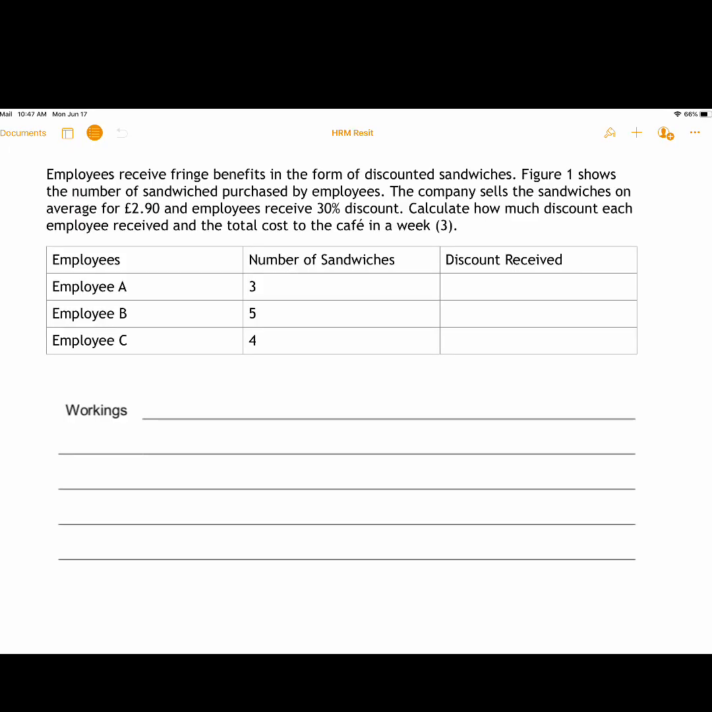The second question is: employees receive fringe benefits in the form of discounted sandwiches. Figure 1 shows the number of sandwiches purchased by employees. The company sells the sandwiches on average for £2.90, and employees receive 30% discount. Calculate how much discount each employee received and the total cost to the cafe in a week, and that is worth 3 marks. So you'd be getting a mark for working out the discount, and then applying it to employees A, B, and C, and then the final mark would be for the total cost to the cafe in that week